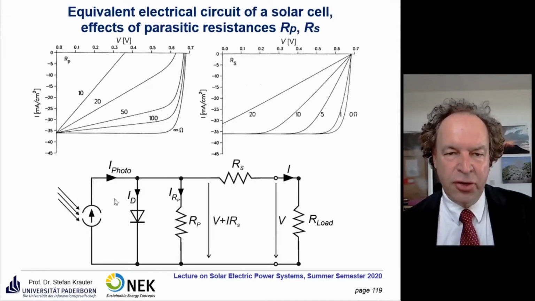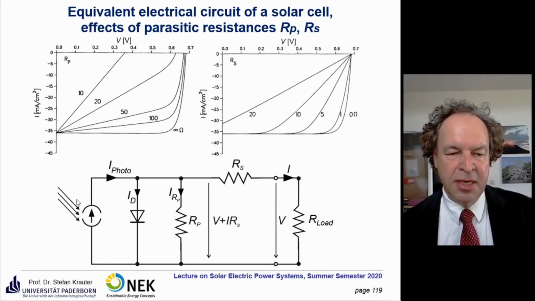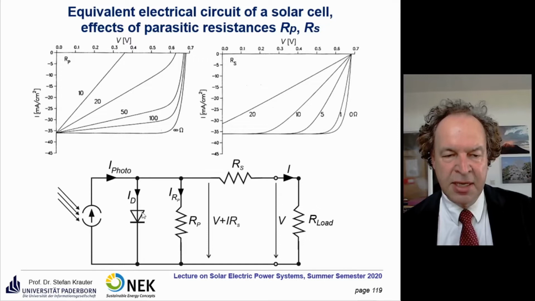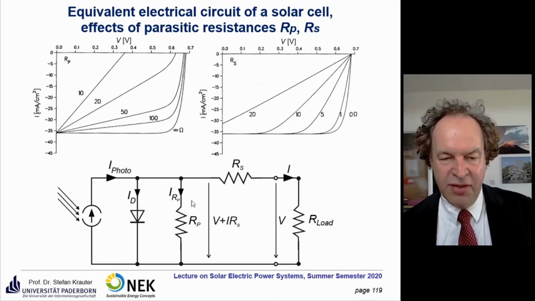This is the equivalent circuit of a solar cell. We have a current source controlled by the irradiance, and the irradiance triggers that, and this current is the photocurrent. Then we have in parallel, in conducting direction, a diode, and as soon as the voltage goes above 0.6 volt, this diode is short-circuiting, so you will never experience a voltage above 0.7 volts because it's shorted by that diode. Then we have some other